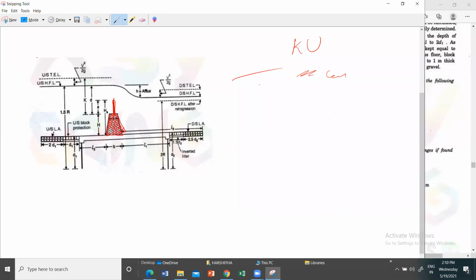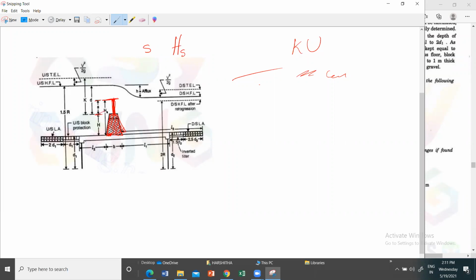I want to show you some specific dimensions. From the top crest of the gate to the bottom of the weir portion, that is called H_S. I'll write here capital H suffix S. So this is the total storage head. The iron gate height is represented by S, that means the storage head in the gate portion.